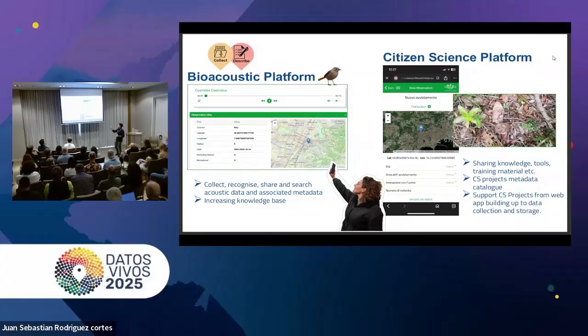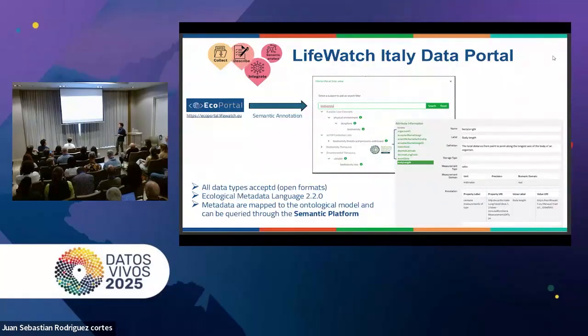sounds. And then we have the citizen science platform, which is for sharing knowledge, tools, and training materials on citizen science activities. But the most interesting feature, I believe, is that it allows the creation of web applications from scratch for free directly in the platform. I gave a presentation on this yesterday, so I think the PPT is now available on the website of the